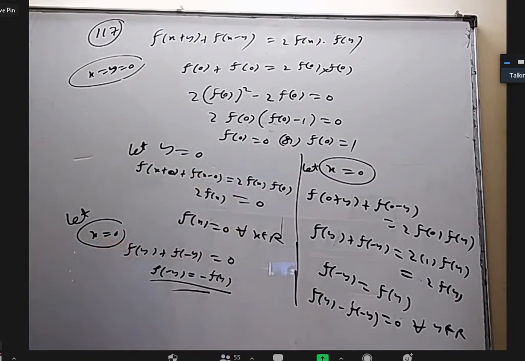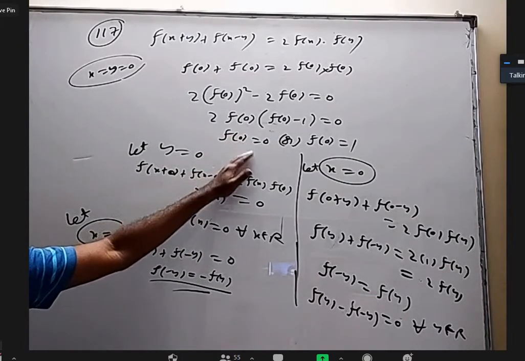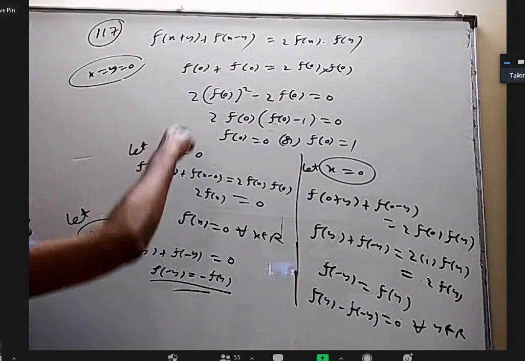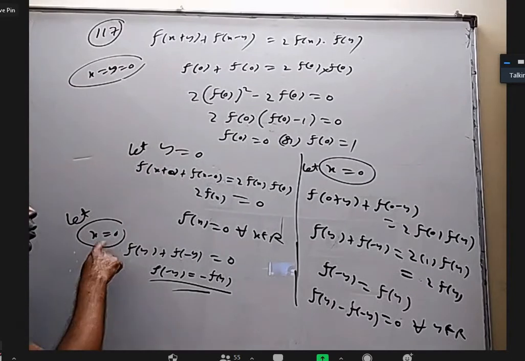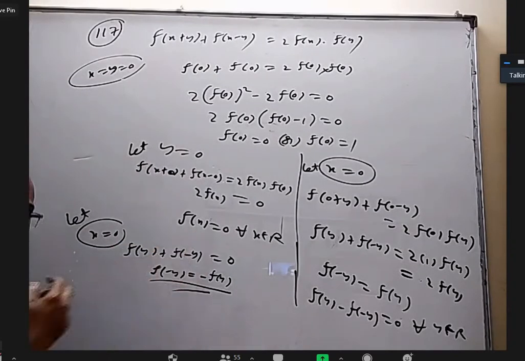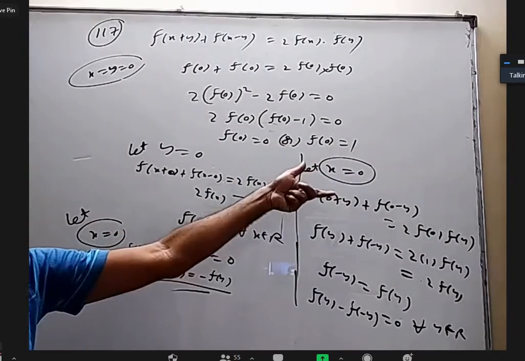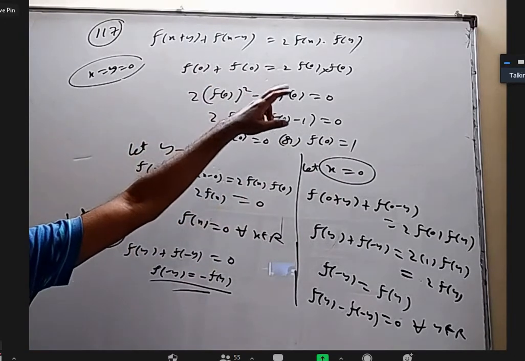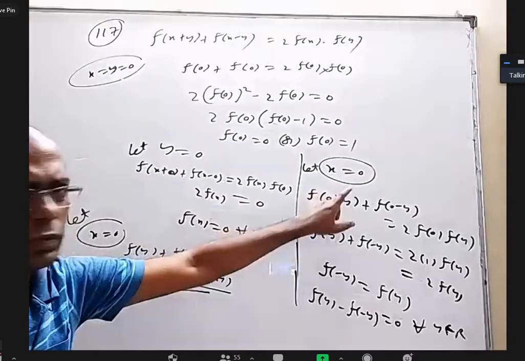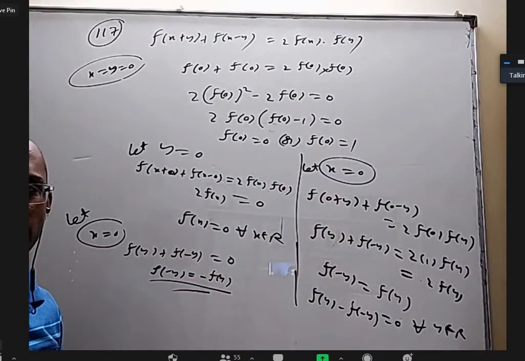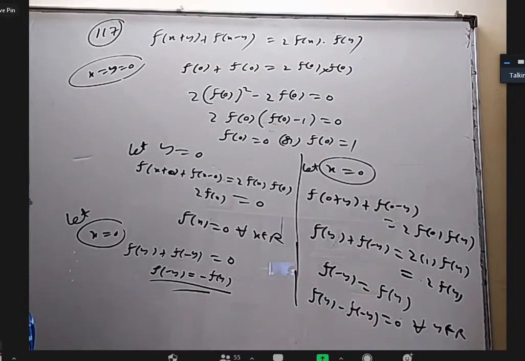Okay, now, if f of 0 is 0, those functions, what are the further properties to analyze? I substituted in that equation one time only y equal to 0 or only x equal to 0. It gave me some idea what the function is. Similarly, when f of 0 is 1, to understand this function better, I took x equal to 0. Somebody can take y equal to 0. Somebody can take x equal to y. Like that, they'll get different properties.